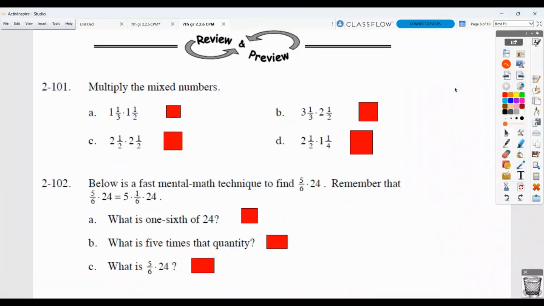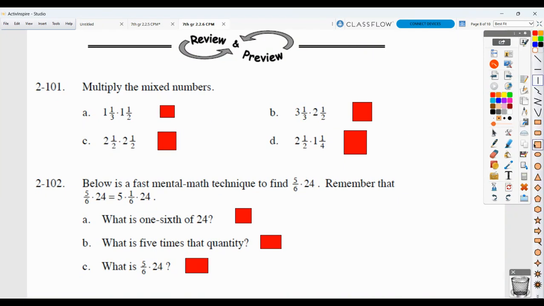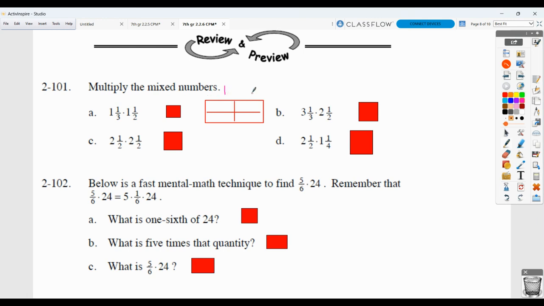This video is to allow you to correct your homework for section 2.2.6. So when you're multiplying the mixed numbers, there's a couple different ways you could do it. One is you could work with a generic rectangle idea, and you could break the 1 1/3 into 1 in one section, and then 1/3, and you could break the 1 1/2 into 1 in one section and 1/2,